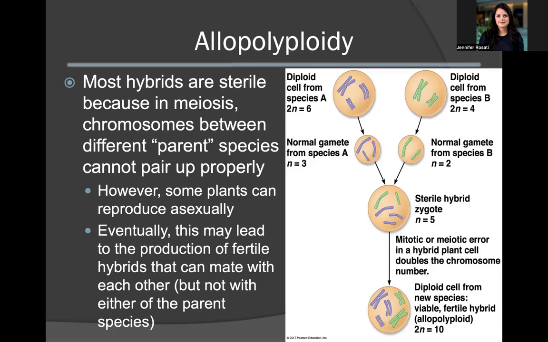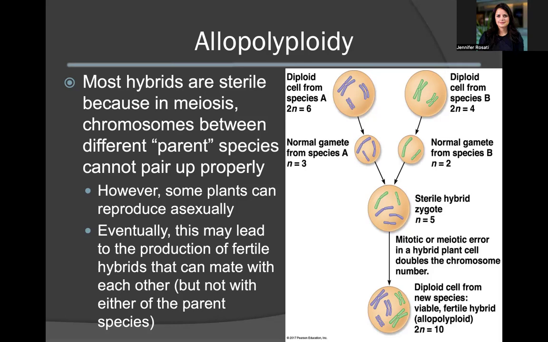This concept can be illustrated in the diagram to the right. We have 2 different species here, species A and species B. Species A is considered to be diploid with 6 chromosomes, while species B is diploid with 4 chromosomes. If both of these undergo meiosis and form normal gametes, and these then mate, they would produce a sterile hybrid